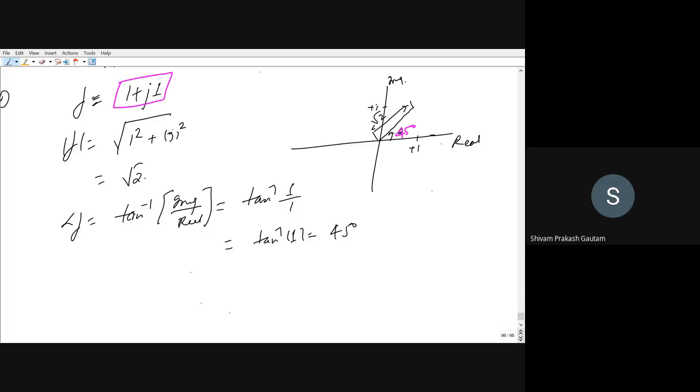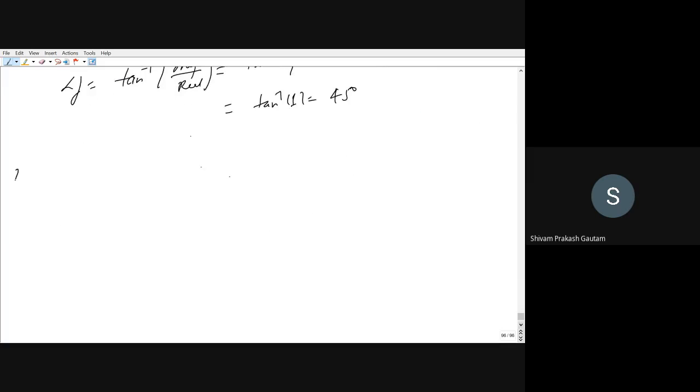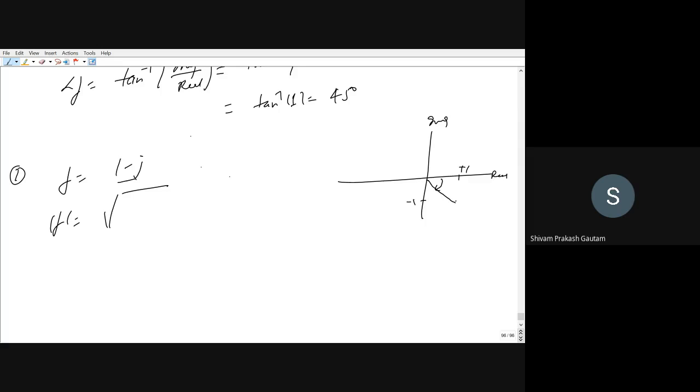This is for 1 plus j. Now, secondly, we will see the second function, which is 1 minus j. If you want to plot in coordinates, this is real and this is imaginary. If you plot plus 1 minus j, plus 1 will be somewhere here, minus j will be somewhere here. So this is the point which it is talking about, right? And what is the angle it is making from the x-axis or the real axis? The magnitude is again the square root of the real part square plus the imaginary part square.